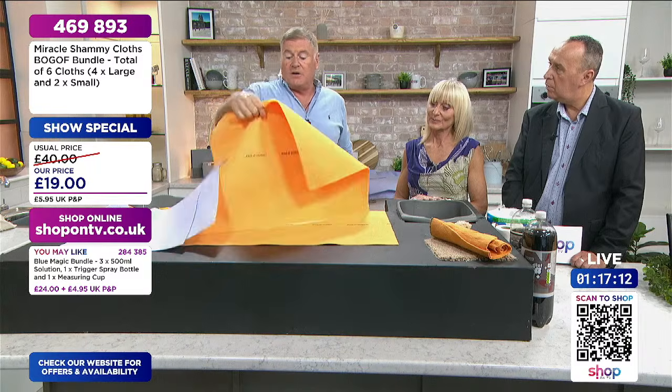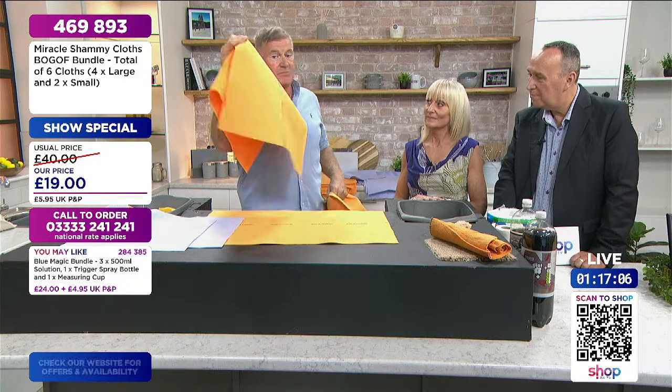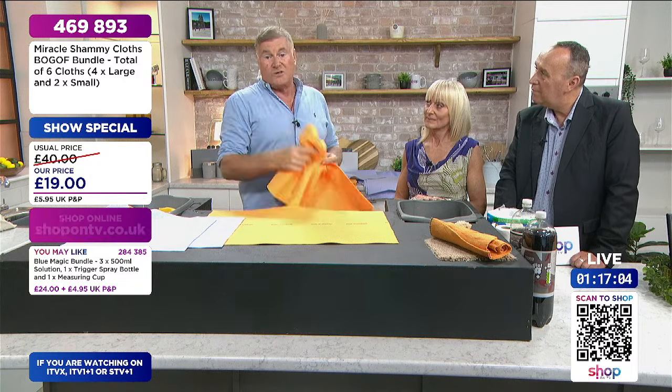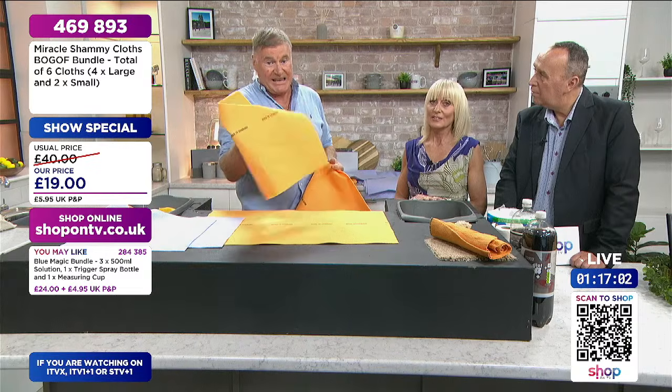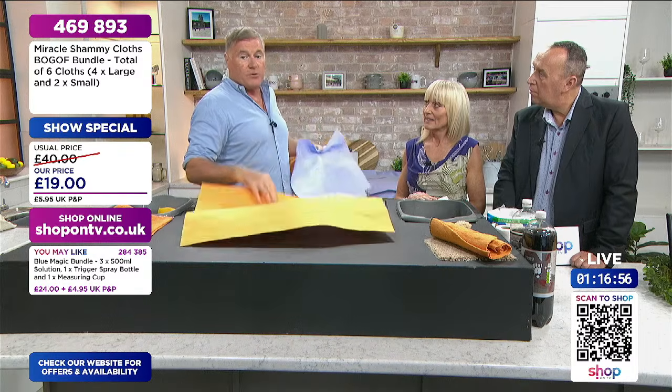The third one, put it under the sink in case disaster strikes, like that carpet spillage. Hopefully you'll never need to use it, but it's good to have it there if you do. Or use it on the dog. You've got dogs? You need these. Dry your dogs off. You need these if you've got dogs, just get them. You'll never regret it. And the last one can be a spare if they're all in the wash,